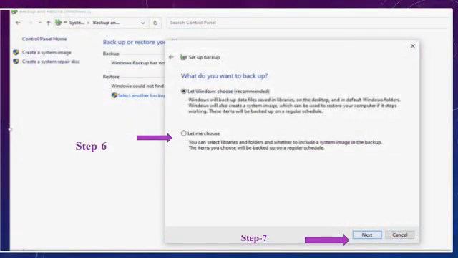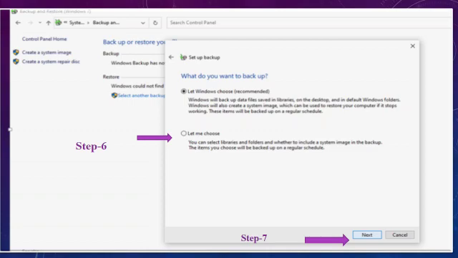As soon as you click the next option, the following image appears on the screen. The screen prompts, what do you want to backup? As you can clearly see on the screen, children, it is asking, what do you want to backup?